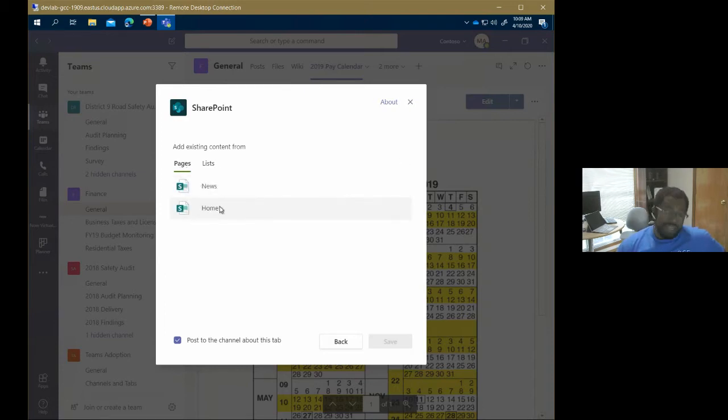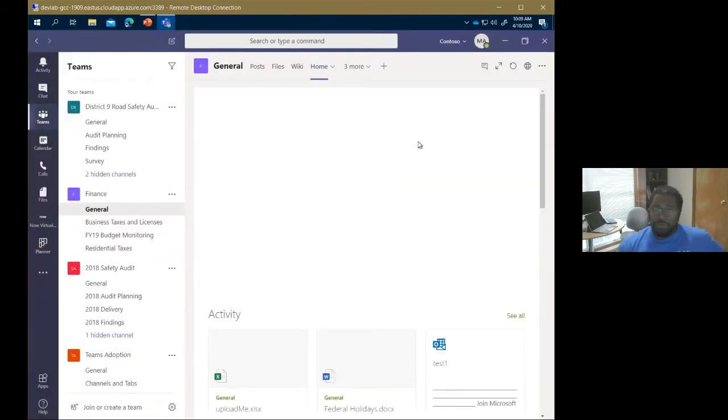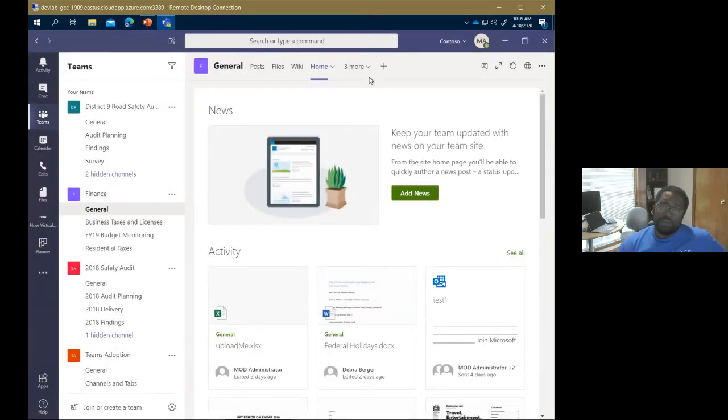And then if you're using pages, which I also encourage, we'll go ahead and add one here. Any page in a SharePoint site can be added here too. And you'll notice when I added it, unlike the website tab where it's basically a window to a full-blown website, this is an elegant integration.